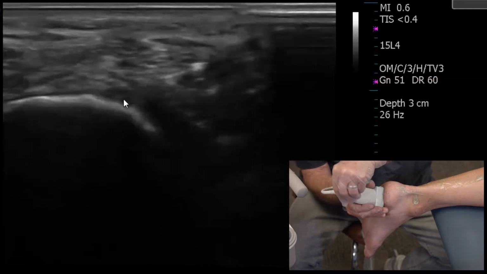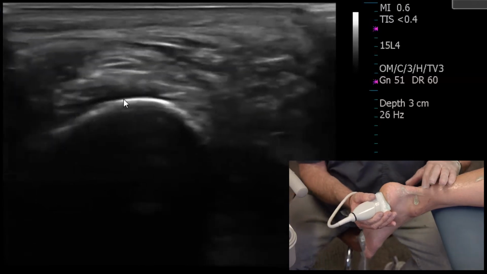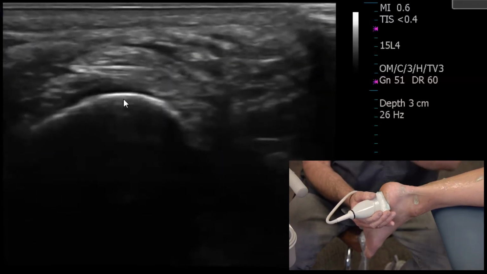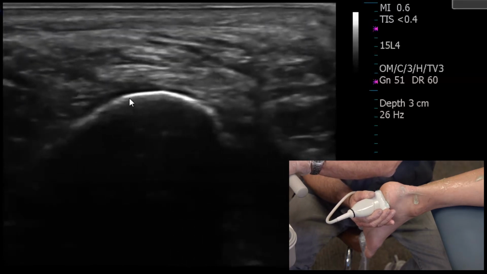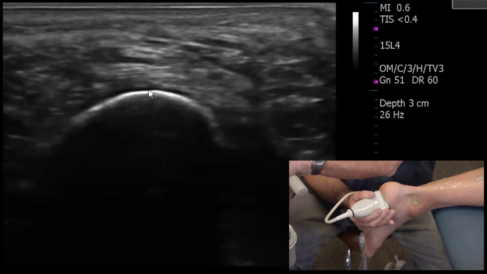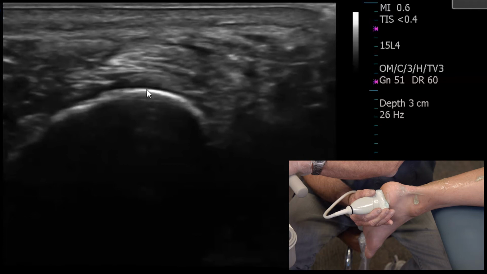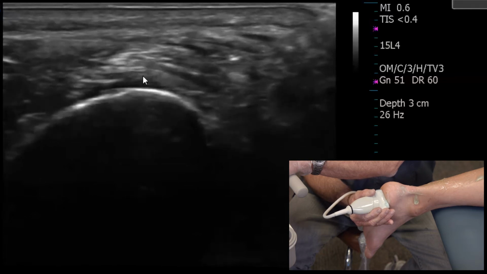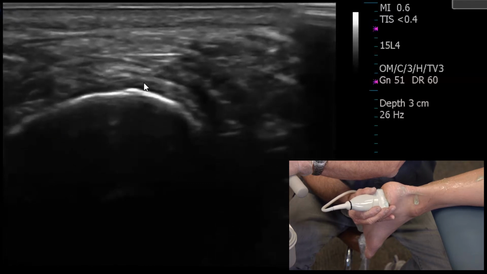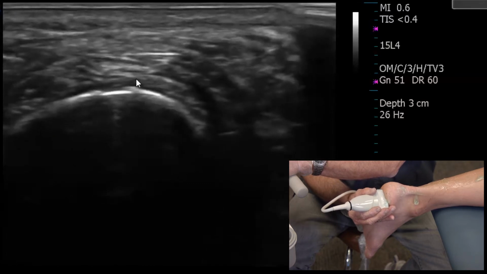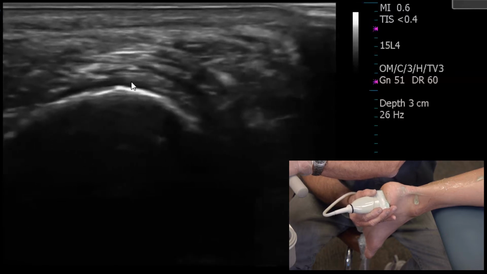The short axis view is fairly simple. Again, going over to the medial side of the calcaneus, which is the thicker side. Again, your landmarks will be the calcaneus, and just above that landmark, from the calcaneus into this region, this hyperechoic region here, from here to here, is the short axis of the